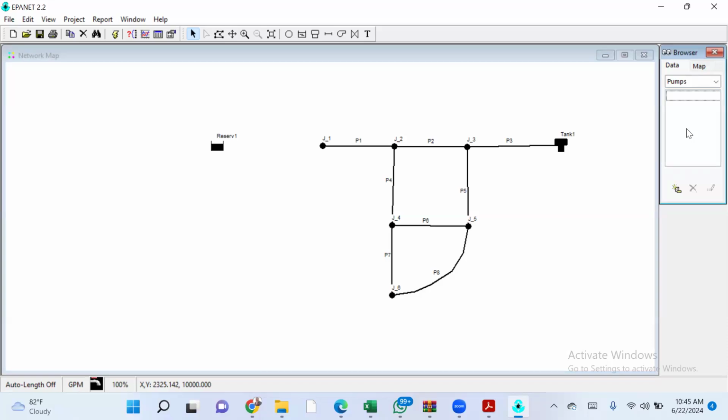So we're going to add a pump, and the pump is pumping water from the reservoir to node 1. Click on pump. You do it as if you are drawing a pipe. You click on the reservoir, and then you click on the node. The pump will just appear. Then under your browser, you can see pump 1. I'll go here and click this black arrow again. But if you click another thing to add another pump,